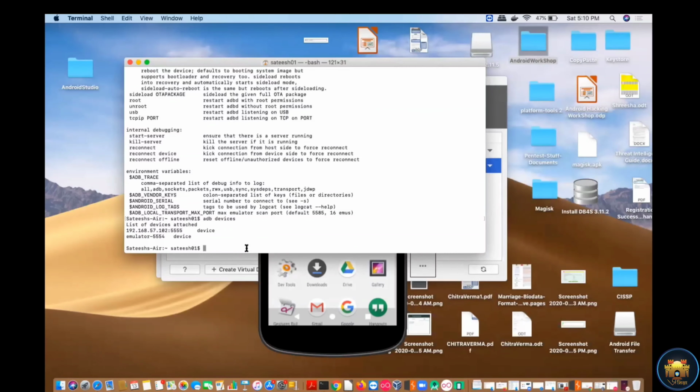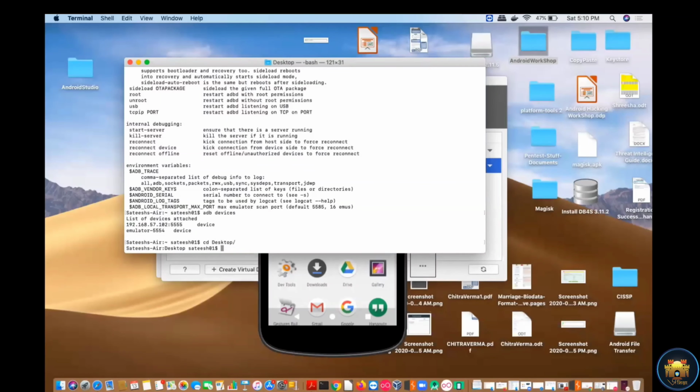So let me move into the folder where I have the application. CD desktop, and then I have Android workshop.